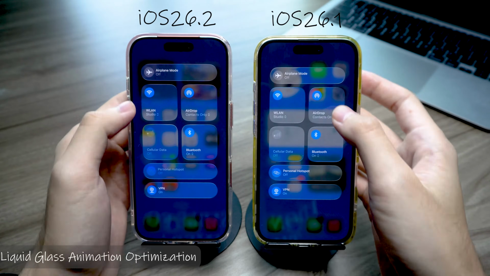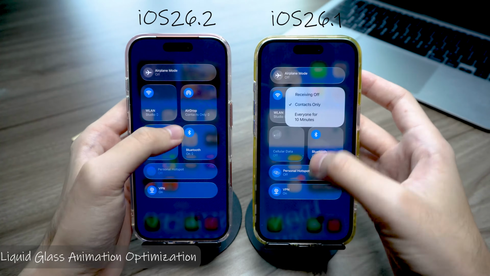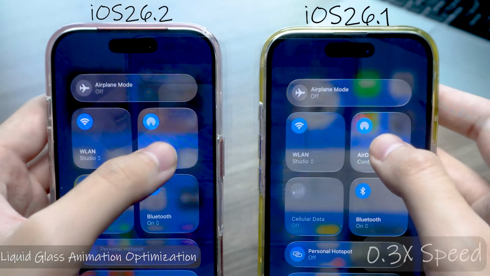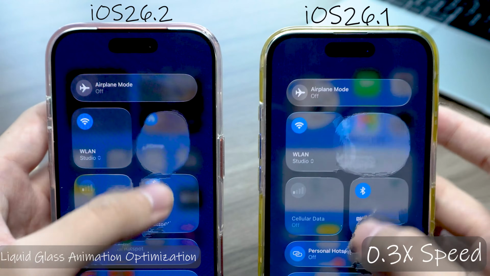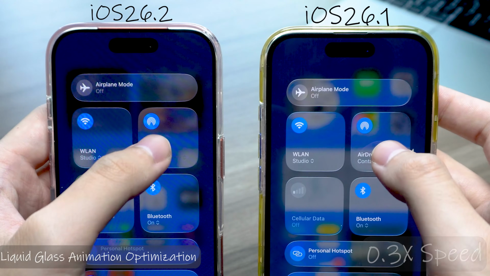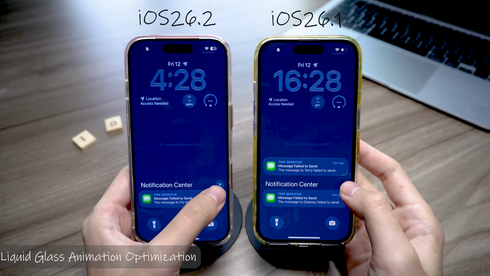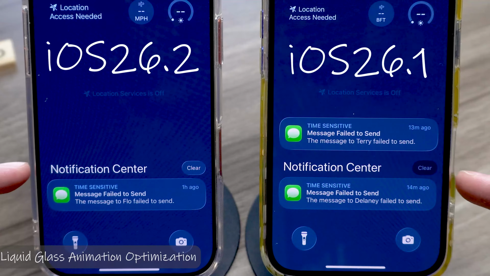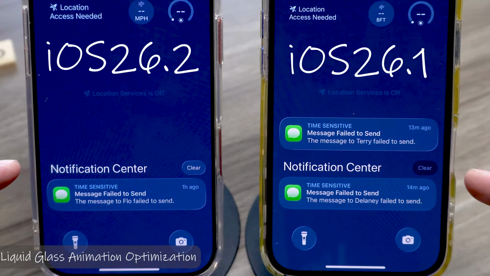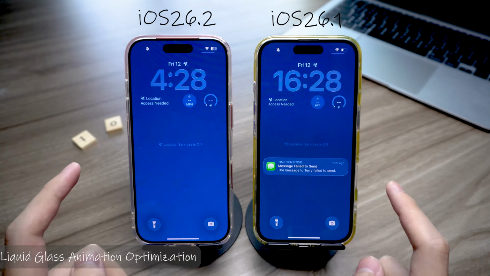Let's open the status bar and compare. Right away you can see that when you tap to expand it, iOS 26.2 adds an extra frame of motion. Instead of simply unfolding like in 26.1, the new version feels more fluid, almost like it pops open. I think it looks way more alive. And Apple didn't stop there, they also added liquid glass to the clear notifications button. You can clearly see that this animation didn't exist in the older version. So it's obvious Apple is still polishing and expanding the whole liquid glass theme, and you'll see that again in